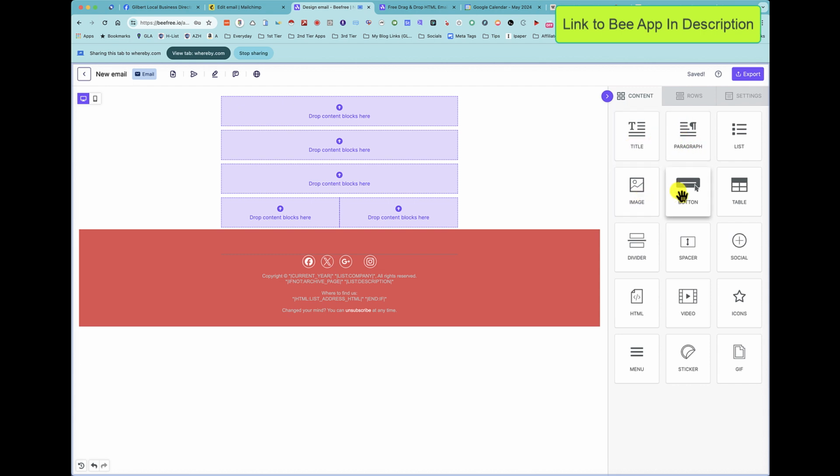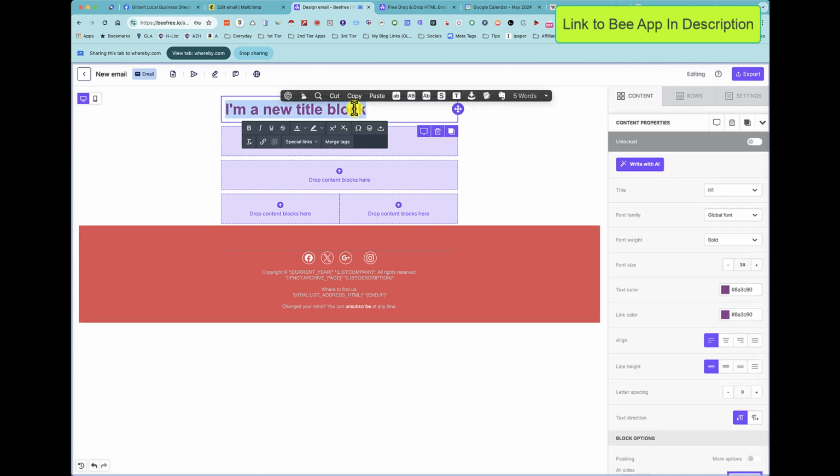And then image and button I use quite a bit. Table is new. I use divider. Well, I guess spacer. That's about where I stop. But you can put video, icons, the GIF. Oh, that's neat. I don't know if we can do video in Mailchimp. I'll have to check it. Yeah, so let's just say title, and we'll drop this in, welcome,